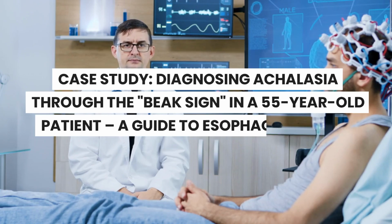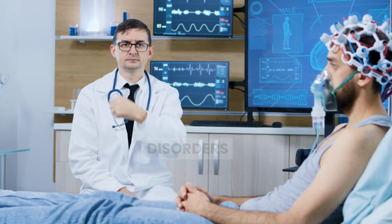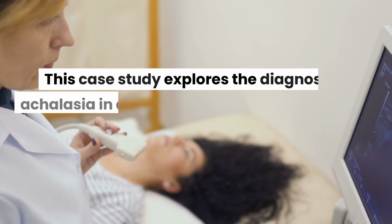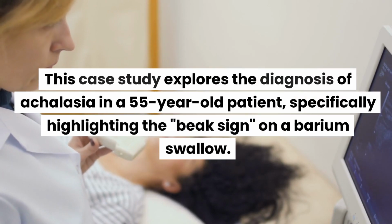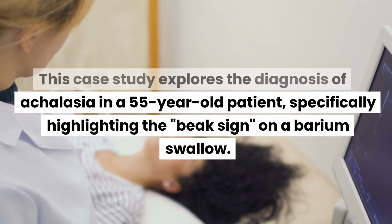Case study: Diagnosing achalasia through the Beak sign in a 55-year-old patient, a guide to esophageal motor disorders. Introduction. Achalasia is a rare esophageal disorder affecting around 1 in 100,000 individuals annually. This case study explores the diagnosis of achalasia in a 55-year-old patient, specifically highlighting the Beak sign on a barium